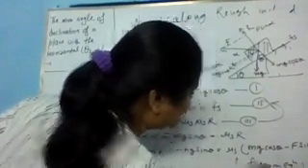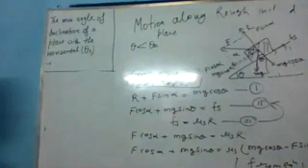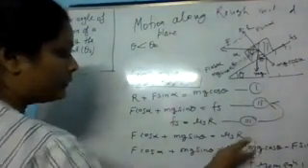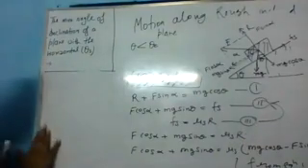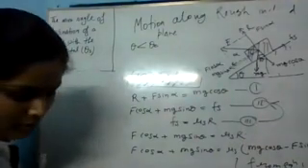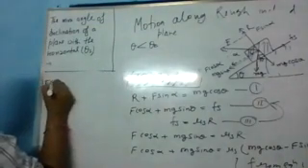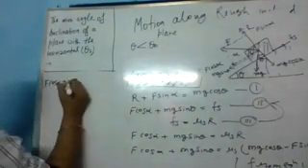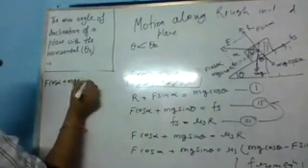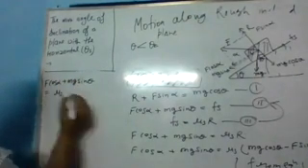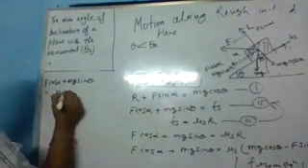Can we do this? Right? Now just multiply by the mu s component, and here we have to find out the force. First of all, we have to find out the force. F cos alpha plus mg sin theta equals mu s mg cos theta